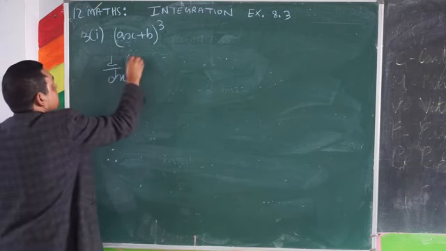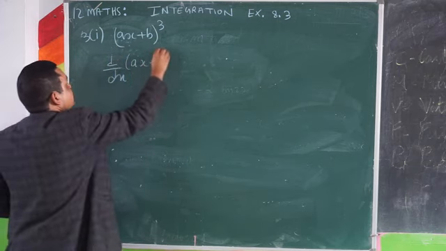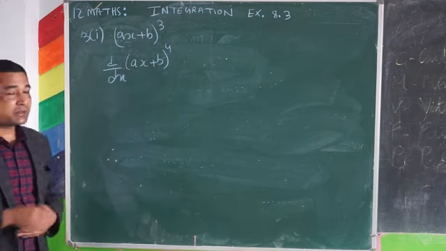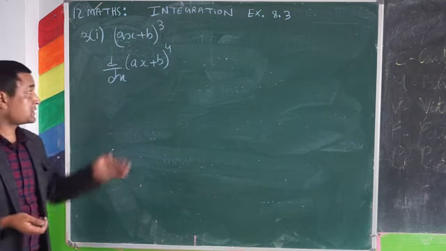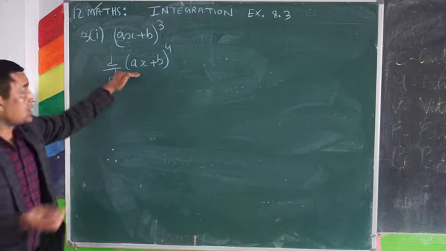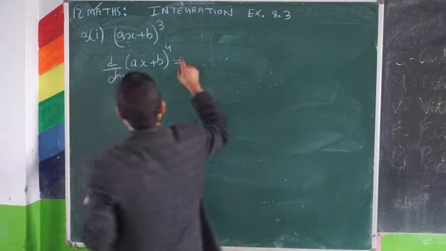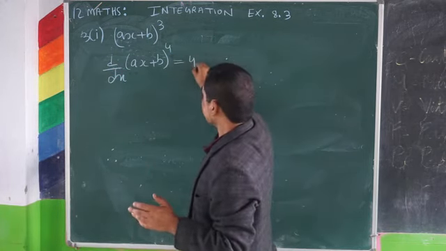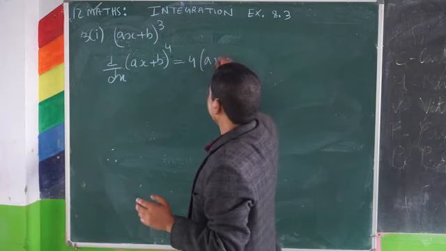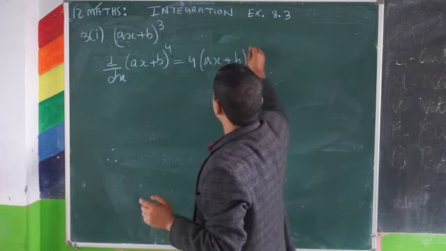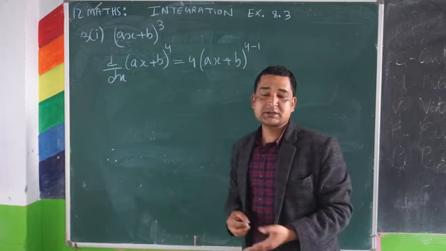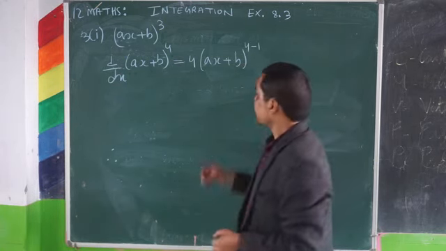d/dx, then the base is always the same. There is no change in the base. Then power 4. Now we can guess the question, and there is an extra term that will come after doing the differentiation. Now do the differentiation of this one. According to the power differentiation formula, the power comes first, then the base, then whatever power is there, always subtract 1 from the power.